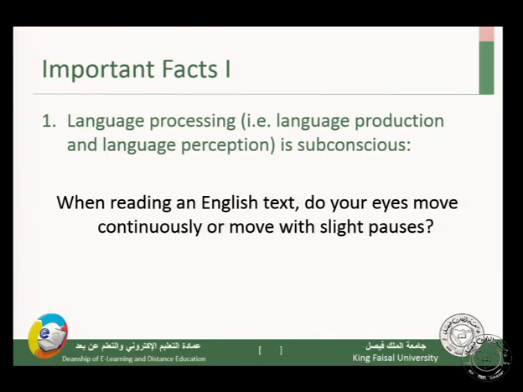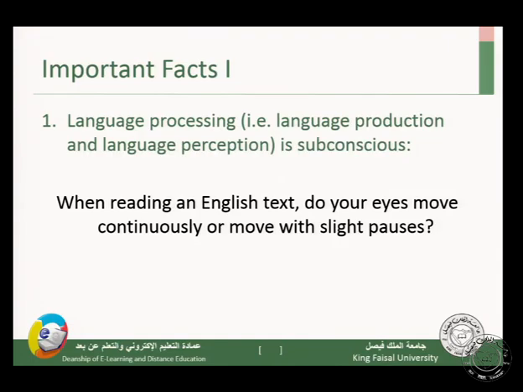We mean both language production, that is speaking and writing, or language perception, that is receiving the language. You receive language in two ways, either by listening or reading. So language processing, which is both production, speaking and writing, and perception, which is listening and reading,